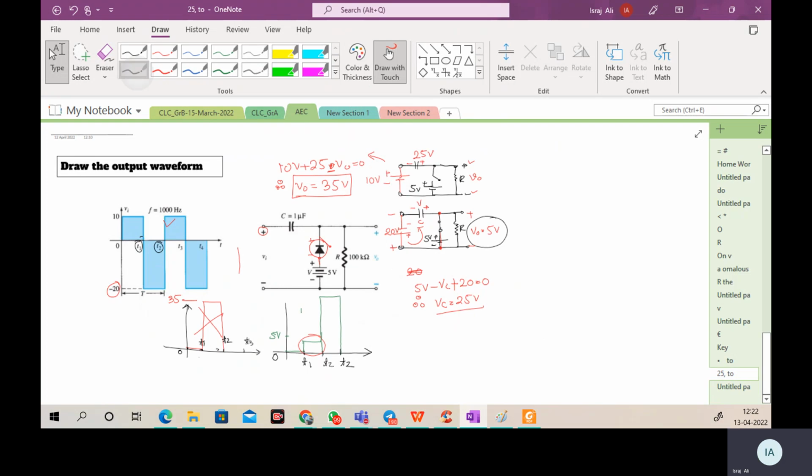Okay, so in the last class, we drew this waveform, and I told you